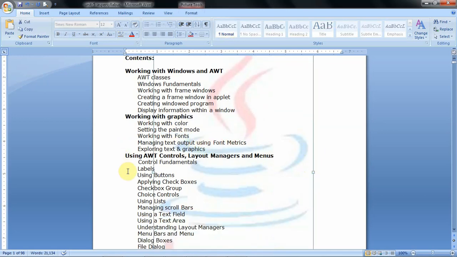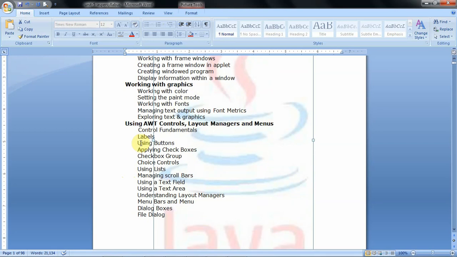After that we will see different AWT components or controls. Those components or controls provide user interaction. That means these are used to create graphical user interface applications.